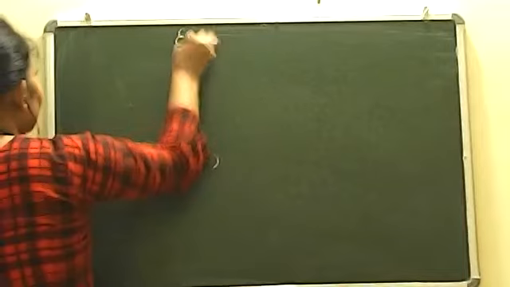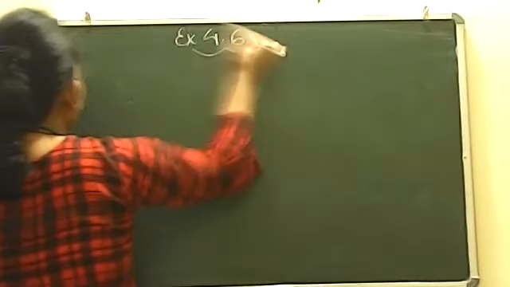Dear students, today we are here on exercise 4.6 of the chapter Basic Geometrical Ideas. You must be remembering in our last class, we discussed all related to the concept of circles. We have studied what is center, chord, diameter, and also arc, minor arc, major arc, segment, major segment, minor segment, and sector, minor sector, major sector. These are the parts which we have already covered in our last class. Today we are going to discuss exercise 4.6 of NCERT.